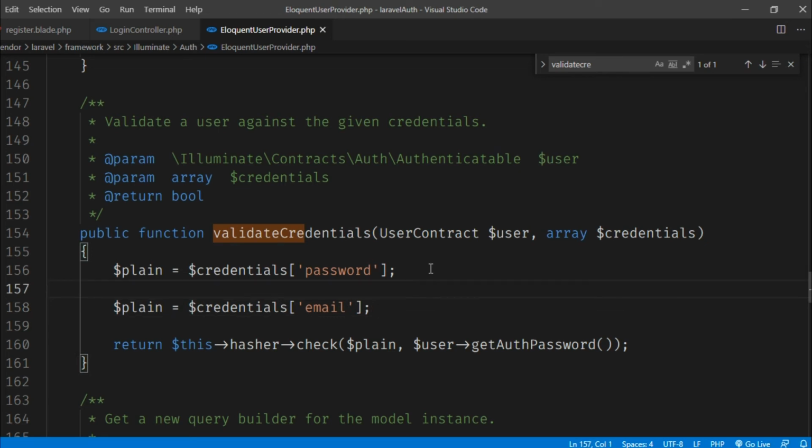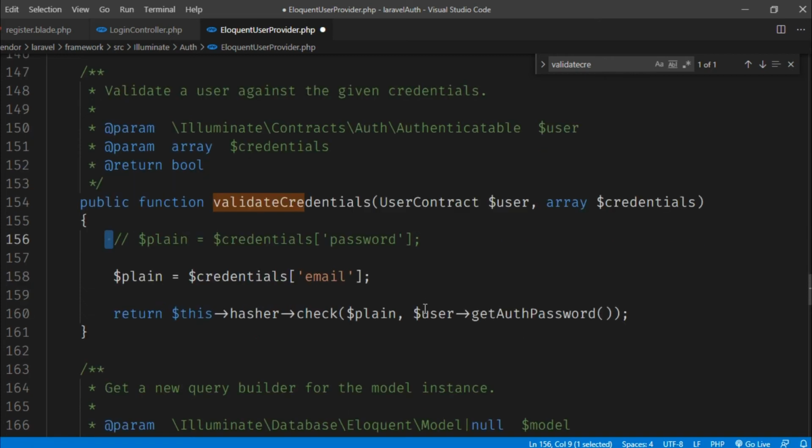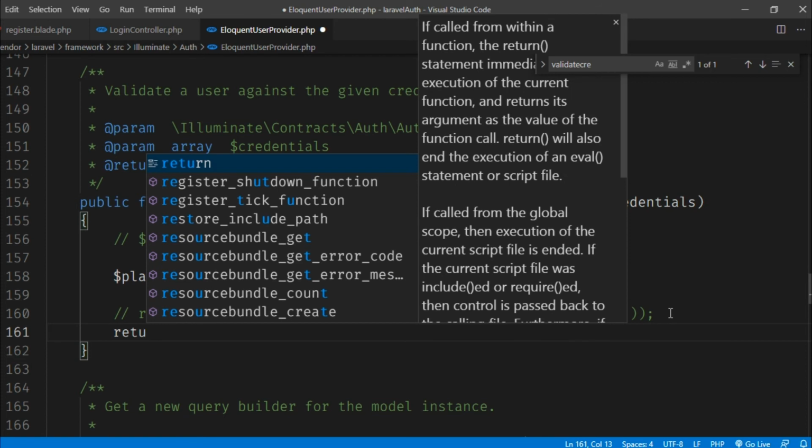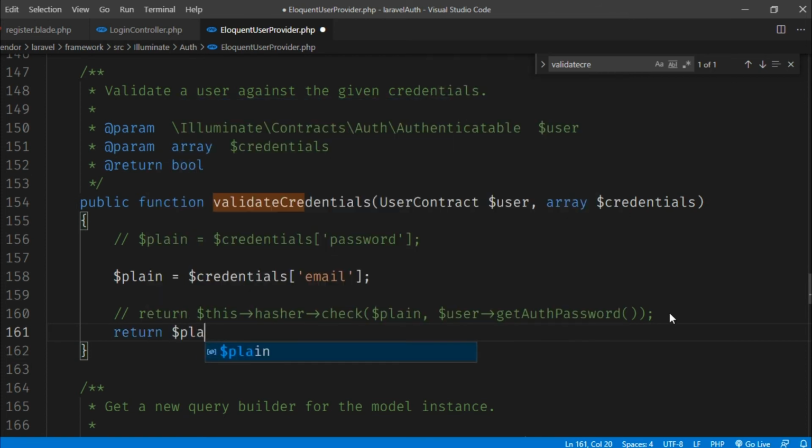This is the first condition. You can do it in your controller, but in order to explain it better, I'm just using this here, and instead of returning this password, I'm just using return of $plain. So far so good.